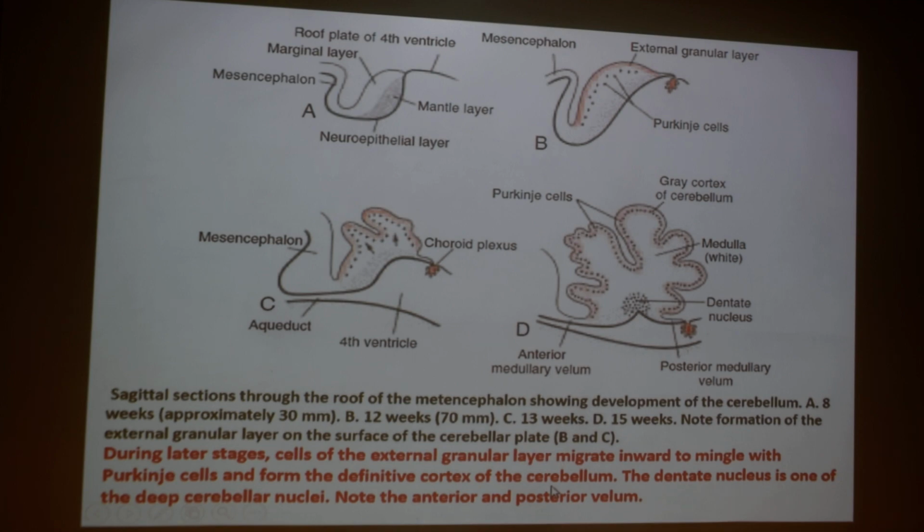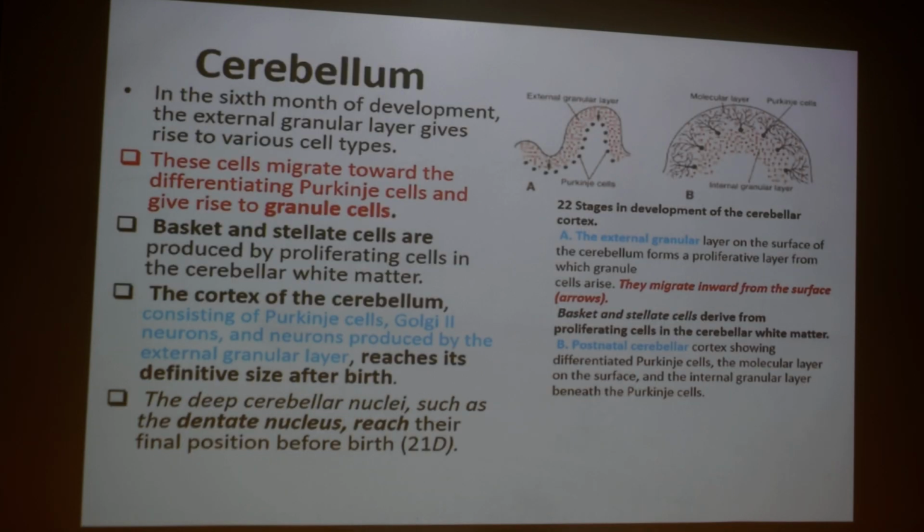The dentate nucleus is one of the deep cerebellar nuclei, which is going to be formed later, and it is also formed by the migration of cells into the white matter. Okay. So in the 6th month of development, the external granule cell layer gives rise to various cell types. That means the Purkinje cells and the granule cells. These cells migrate towards the